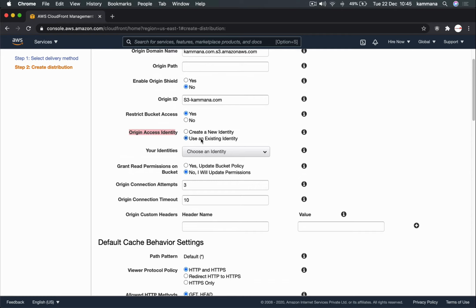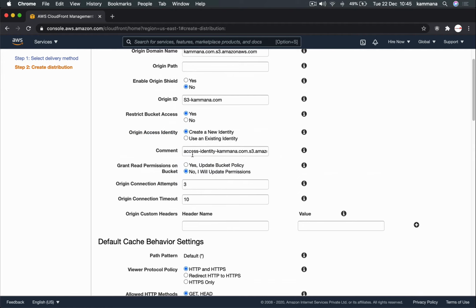You could use an existing identity, the one which is already there, or you can directly create a new Origin Access Identity user. This is a special user, using which we can set up a policy in S3 to allow only CloudFront, not users, to directly access the S3 bucket.